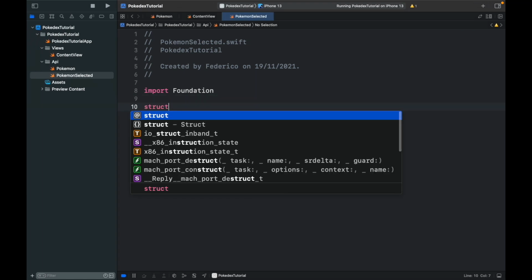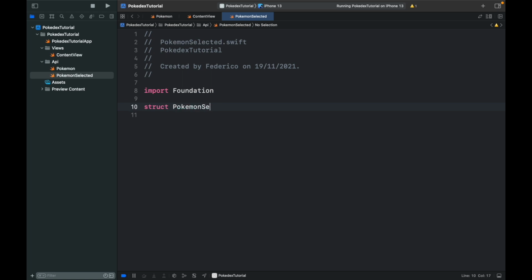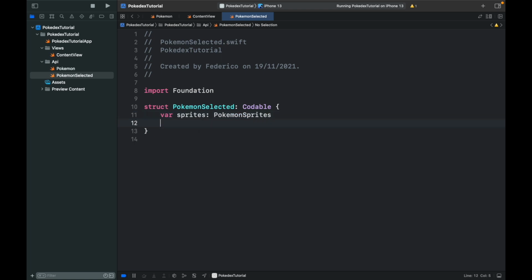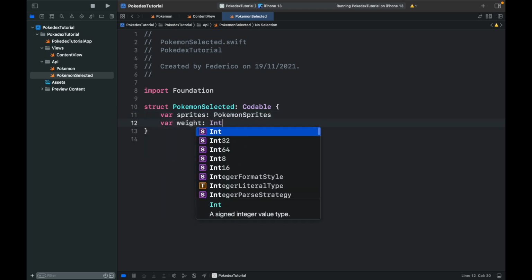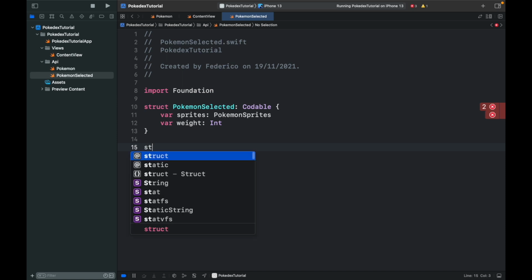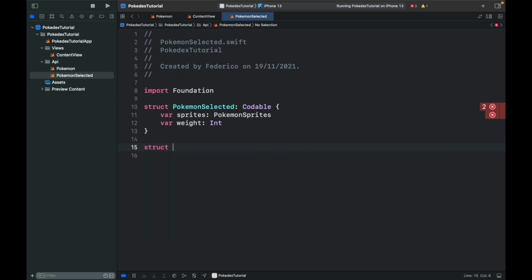We're going to go ahead and type in struct PokemonSelected, which conforms to Codable, and we want to get some sprites, so var sprites, which will be of type PokemonSprites, which we have not created yet, so don't worry, and var weight of type Int. We're not going to use the weight, but it's there, and maybe you do want to use it, so it's just good to have. Now the program, of course, is throwing an error, so we should go ahead and type in struct PokemonSprites, which conforms to Codable, and we just want to retrieve the front_default sprite,